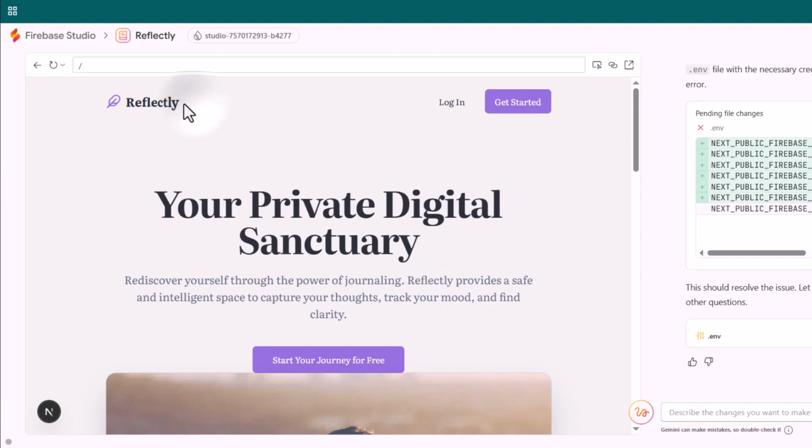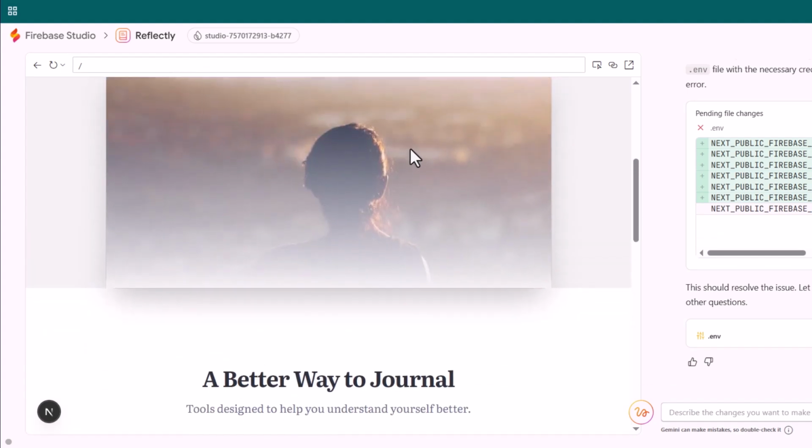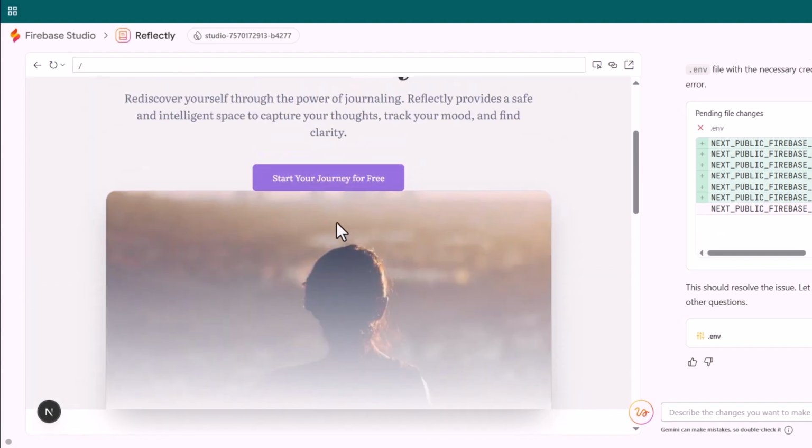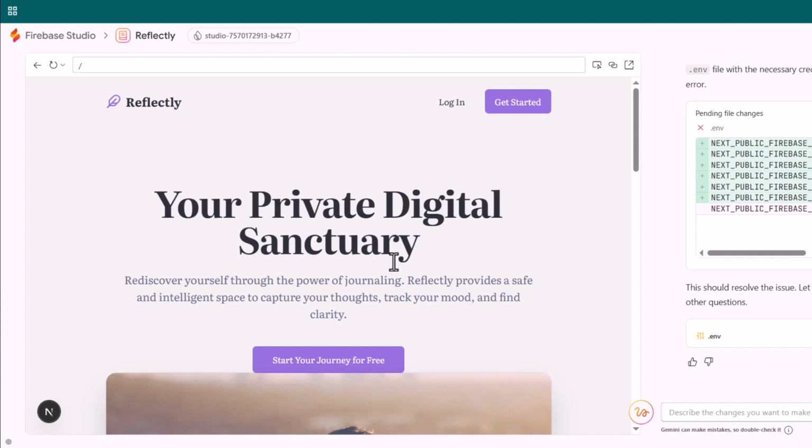Reflexly here is the name he proposed for the app, and we have the option to change it, or we can leave it as it is. And now it provides a calm, reflective picture, and now it provides a notification or a button, "Start your journey for free." Following user experience and functionality, clicking on "Start your journey for free" should take you to the login